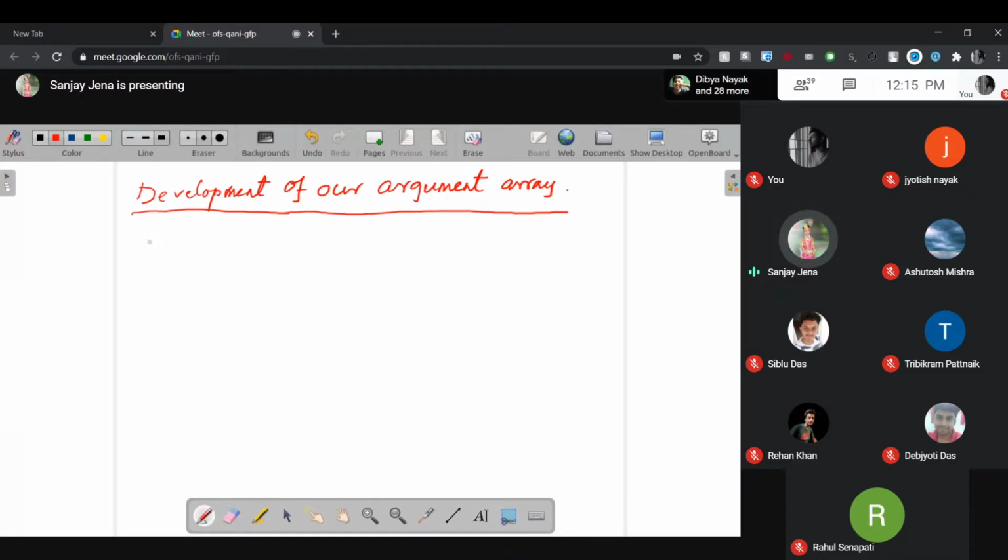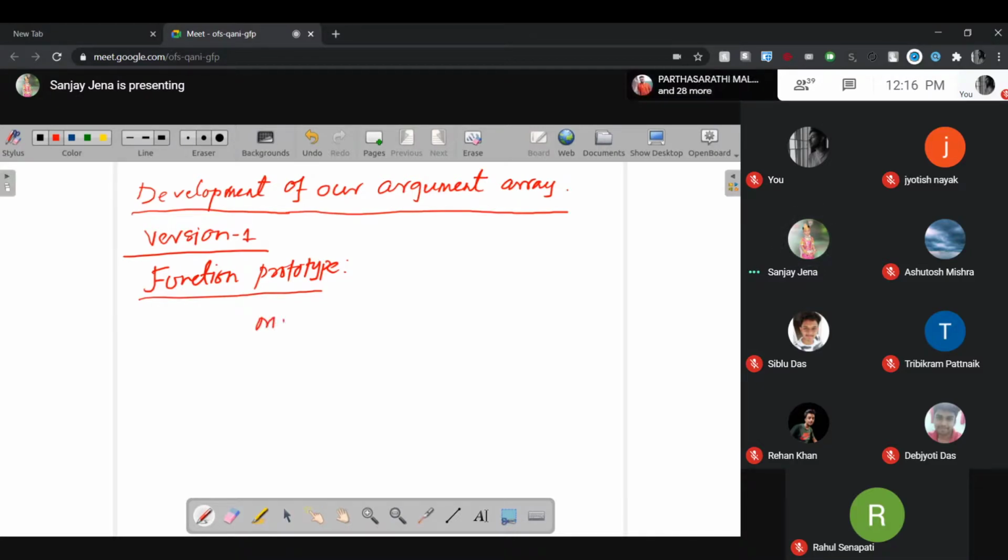First I will take version 1. The function prototype I am giving; the main part I will be creating. This is the function prototype you have to use in your C code. This function will take the input as a string, and the name of the function is make_argv, argument array version 1.